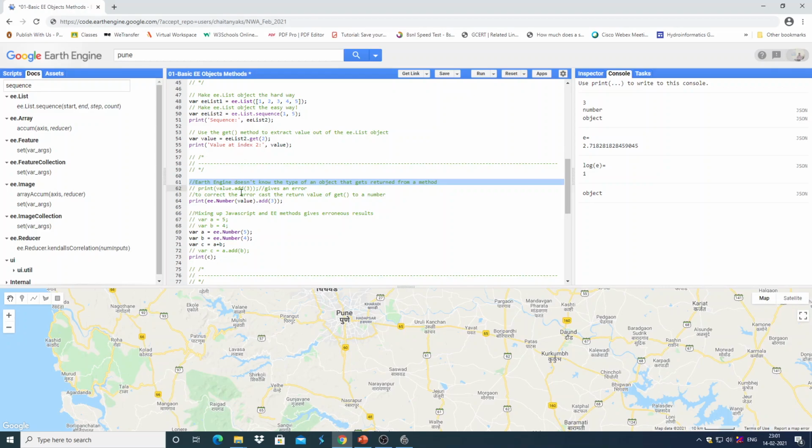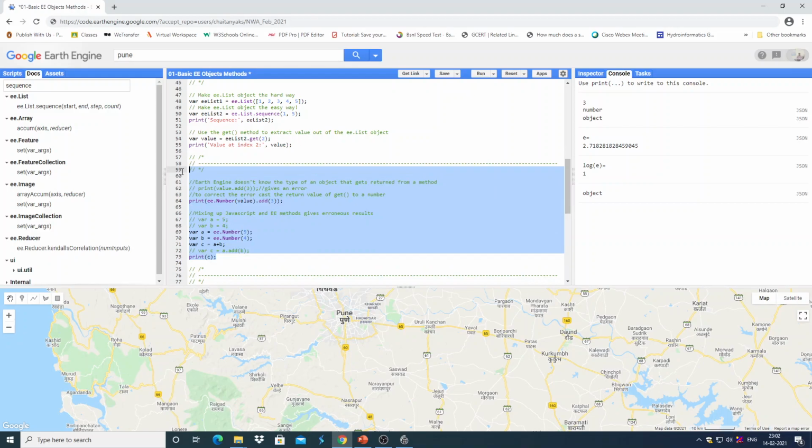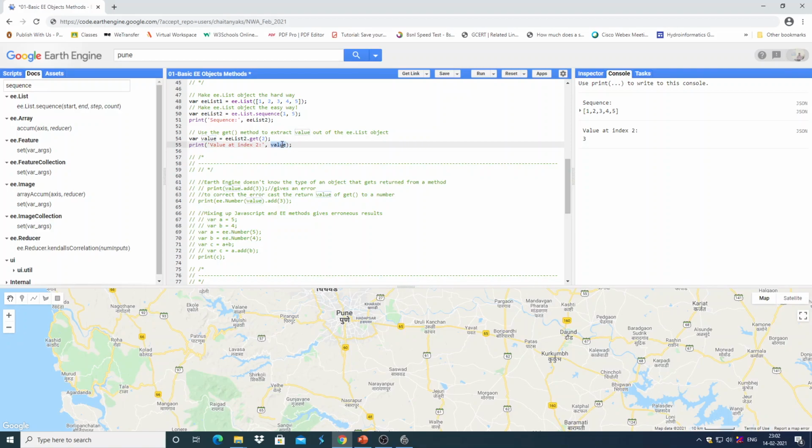So once you want to add a number to this value, it gives an error. We haven't executed this part of the script, the list part. The value at index 2 in this list is 3. But what is the type of it?